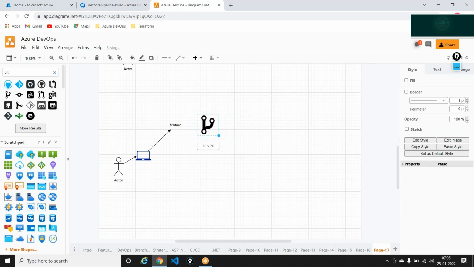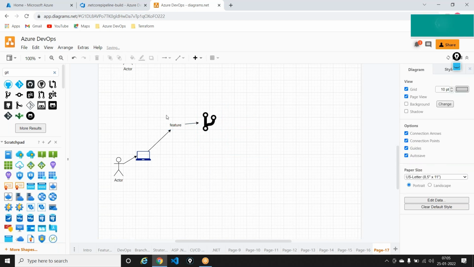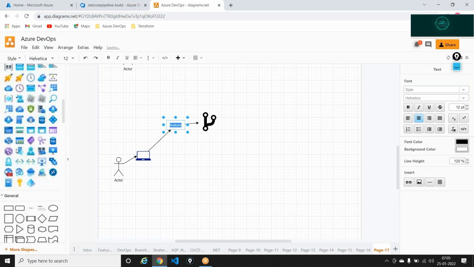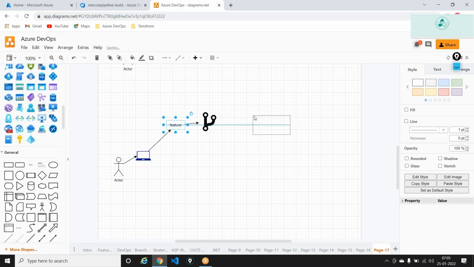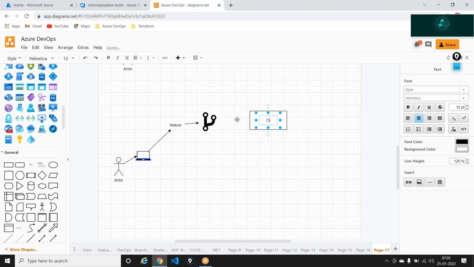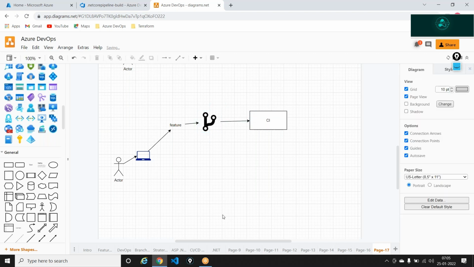Now this is the symbol of a branch. So I'm using a feature, raising a pull request to the develop into your repository, and then the feature is getting deleted, and then you have your pipeline getting triggered. Then you have your continuous integration pipeline that is getting triggered here. This is the workflow what we established. And what's happening is that